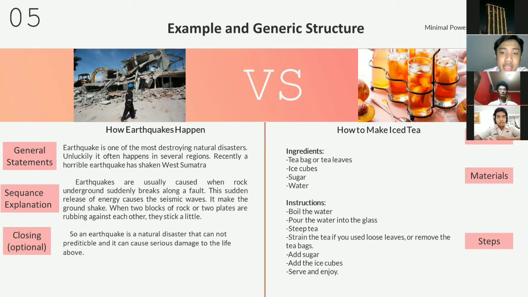So explanation text is to say why and how of the forming of the phenomena. But the procedure text is instruction text that uses command or imperative sentences. So next,